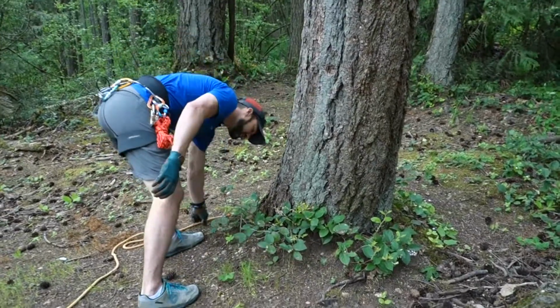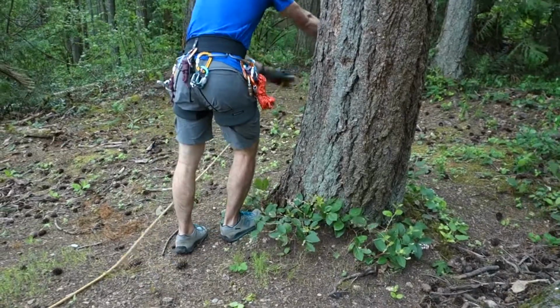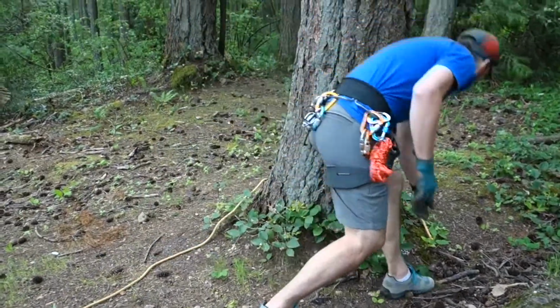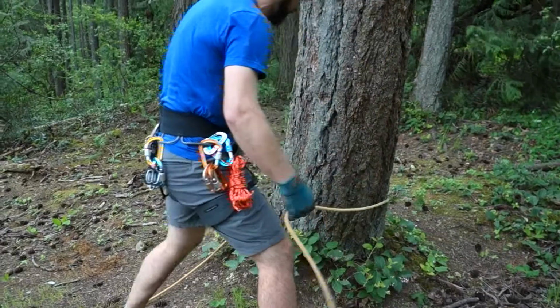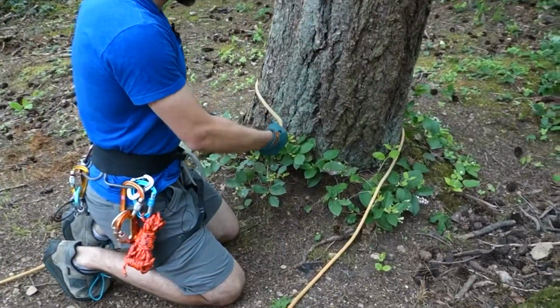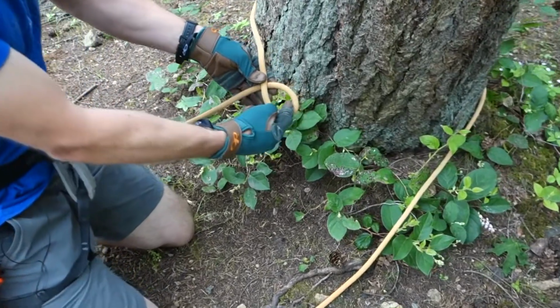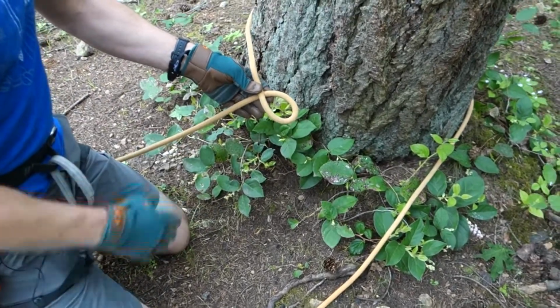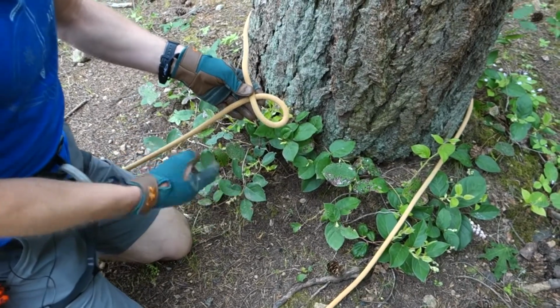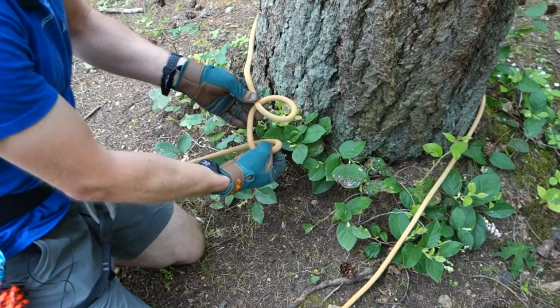Okay, so same start as the simple bowline. I'm simply going to pass this tail around the tree. Okay. And also, just like the simple bowline, I'm going to start by making a loop with the load strand behind. And now here we're going to change one thing. I'm going to grab the load strand again and make another loop in exactly the same way so the load